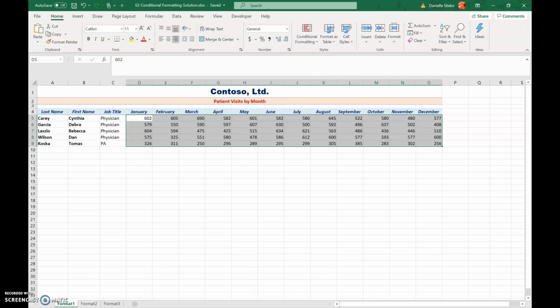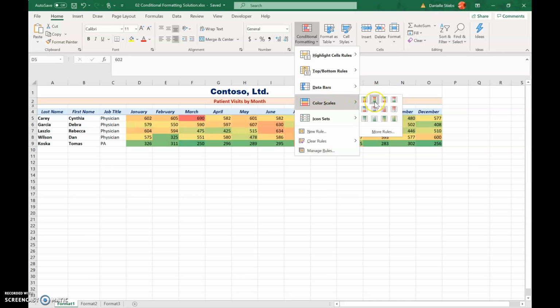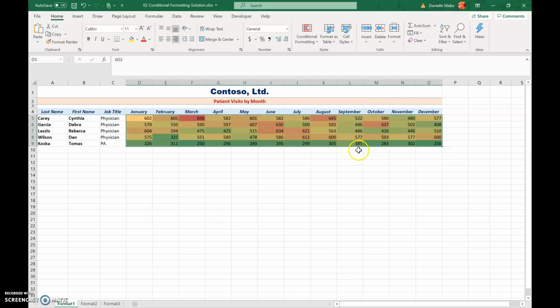And then I'm on slide 42. On the Home tab in the conditional formatting group, we're going to point to color scales. And we're going to select the second option in the first row. So this one right here. And this will automatically put in color gradients. So the lower the number, the greener it is, which is typically the better. And if they have really high numbers, that's not so good. Given this particular